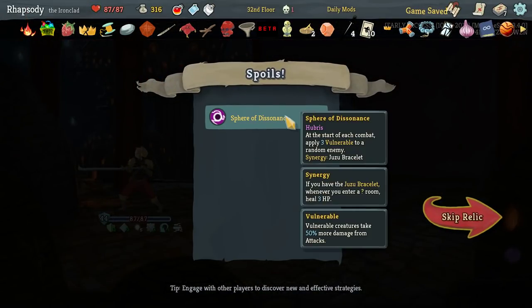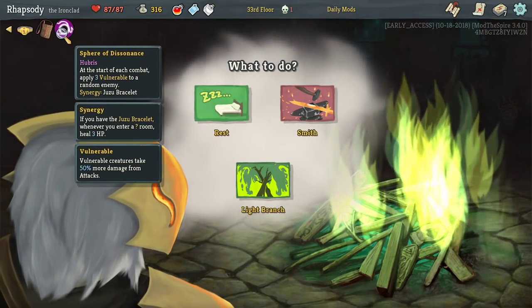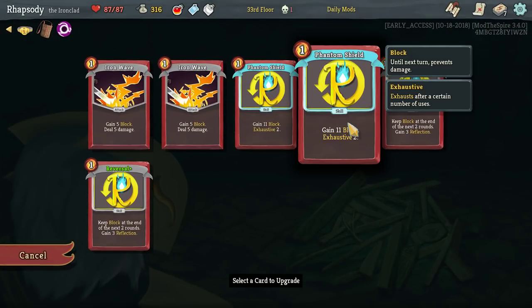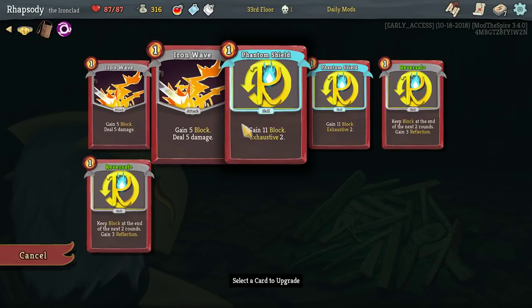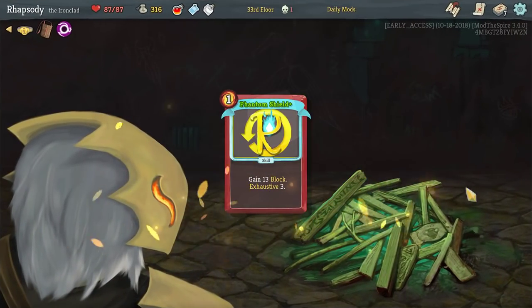Alright, show me the Sphere of Dissonance. At the start of each combat, apply 3 vulnerable to a random enemy, as well as has a synergy with Juzu Bracelet, which is whenever you enter a question mark room, heal for 3 HP. Okay. So I want to look at what the further upgrades these would be. So it's just an increment on each of those. I'm going to have to actually manually upgrade each of them before I can start seeing it anyway, so...